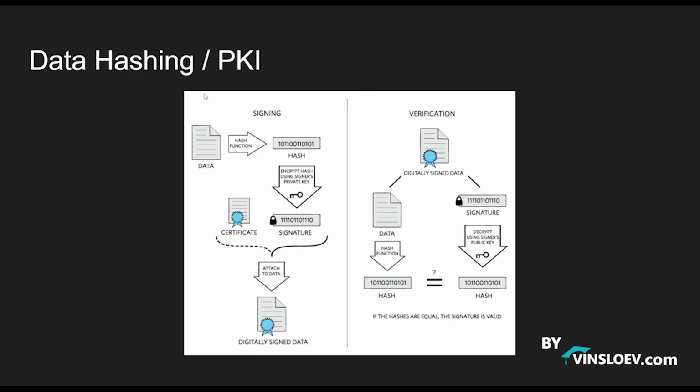So for example, we have right here the signing part, so this will be the sender. He has some data he wants to send from A to B. So in order for B to check and ensure that it is A sending it, what our A part is doing in the signing process is that he takes his data, runs it through a hashing function, then he will get a hashed value, then he will take this and encrypt the hashed value with his private key,